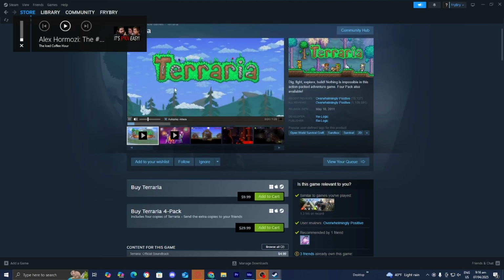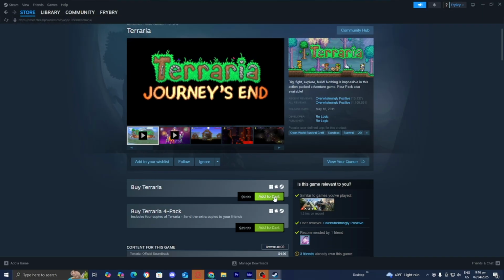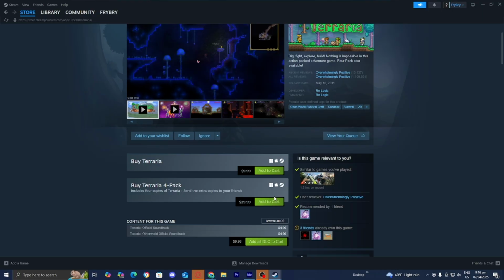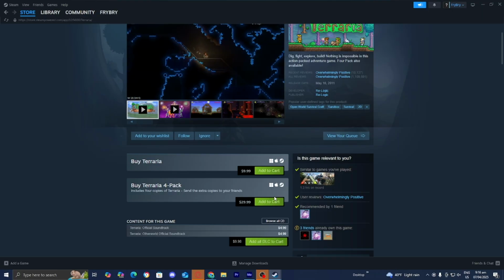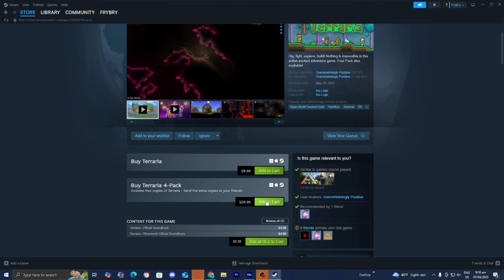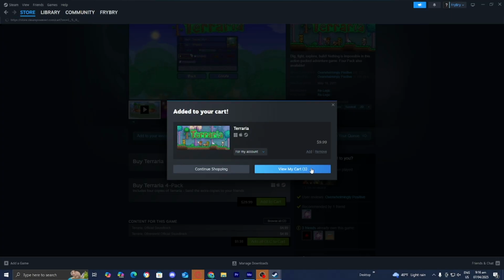Here's the official download for Terraria, and all you want to do is go ahead and press on add to cart right over here, or you guys could also get the Terraria 4 pack as well, which will actually give you 4 copies of Terraria, and you can send them to your friends. So if this is something you're interested in, feel free to go ahead and buy it. But anyways, guys, in order to actually buy Terraria, just press on add to cart, press on view cart,